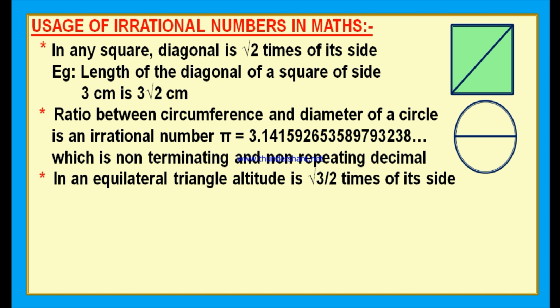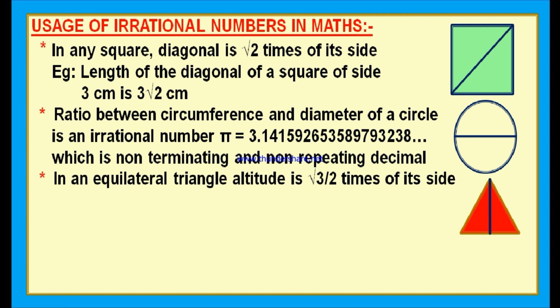A triangle is a closed figure bounded by 3 sides. Very good. And now equilateral triangle means all the 3 sides are equal. In any triangle, if all the 3 sides are equal, then this is called an equilateral triangle. Now in this equilateral triangle, this altitude, the height of the equilateral triangle is root 3 by 2 times of